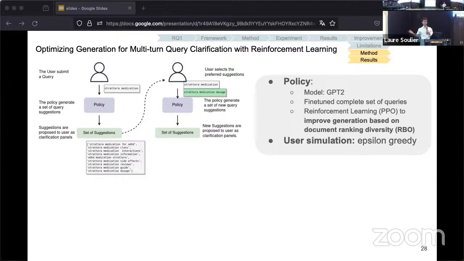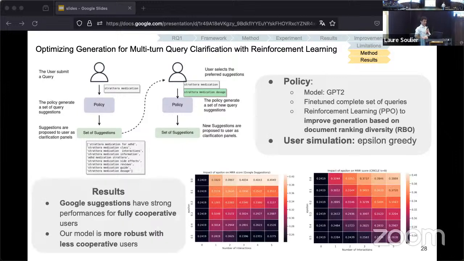And this time the user simulation is epsilon greedy. This means that it has a probability to not select the best queries at the suggestion during the suggestion. So the result, we compared ourselves against Google suggestion. On the right heat map, we can see the Google suggestion with the number of interactions with users, and also